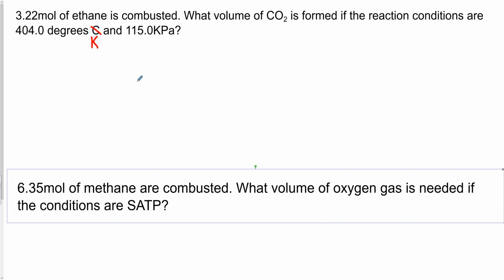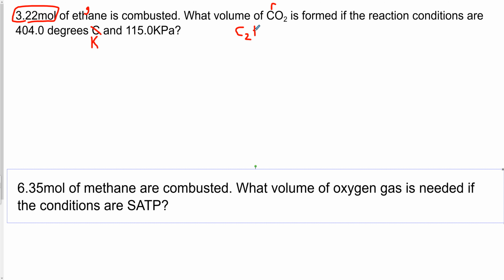Okay, so 3.22 moles of ethane is combusted. What's the volume of CO2 that we form if the reaction conditions are 404 Kelvin and 115 kPa? All right, so we have to do stoichiometry. So we already have been given moles of our given, but we don't know our required. We got to write down a combustion reaction. So ethane is